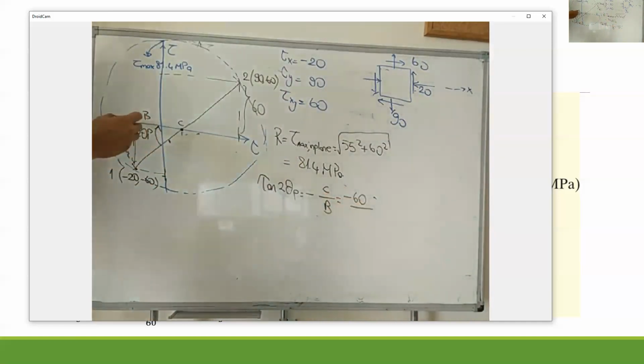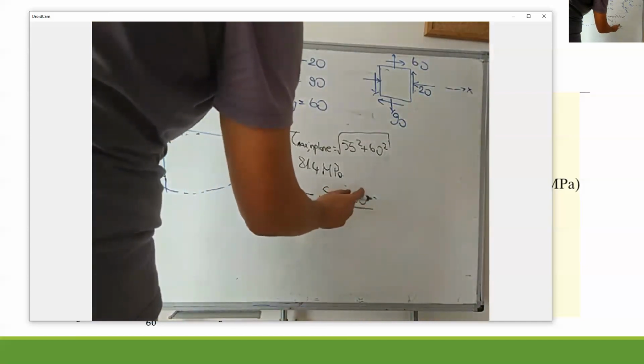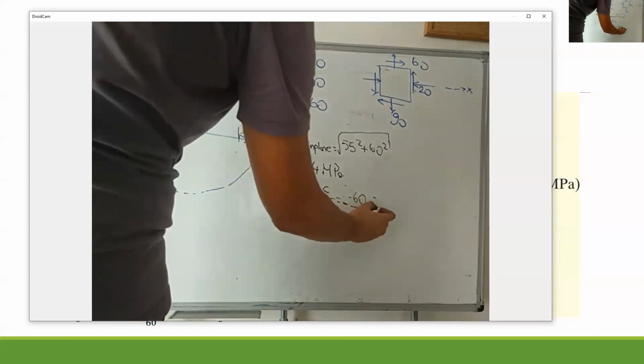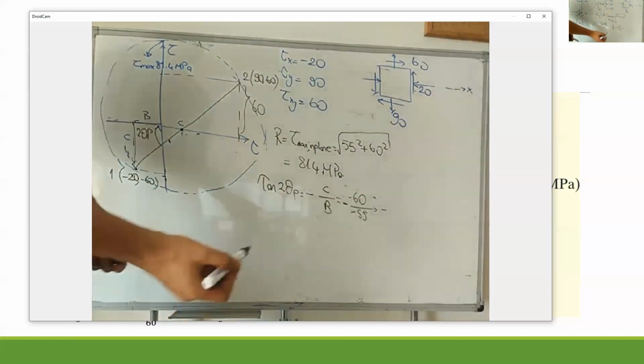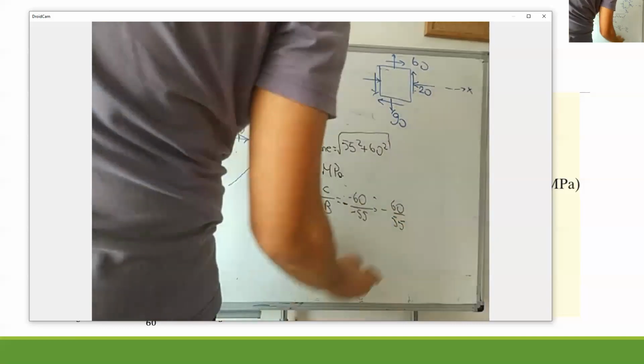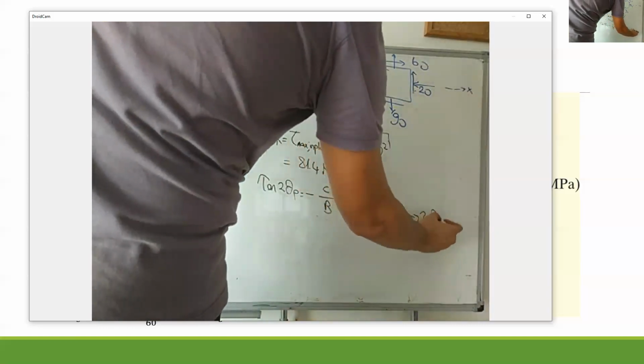And B is also here, a negative value, so it is negative 60 divided by negative 55. So after that, we obtain 2 theta p is equal to